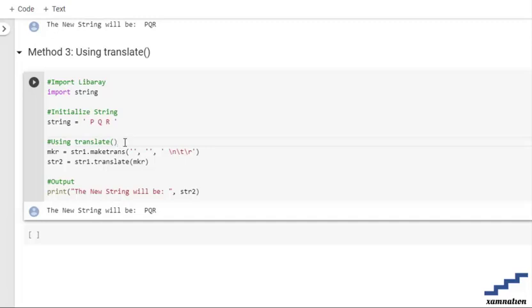So we are going to create a table in which we say what we need to remove and from where it needs to be removed. The maketrans method over here is going to create it, and we are going to remove any kind of spaces, or even a tab or a newline, in between all of the strings. So the table which you have passed over here is the creating table according to that